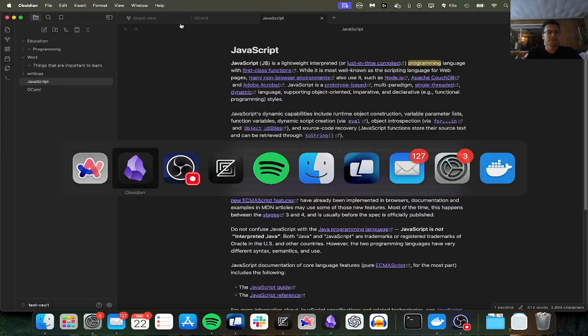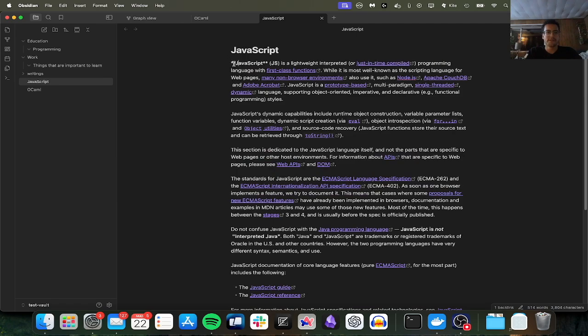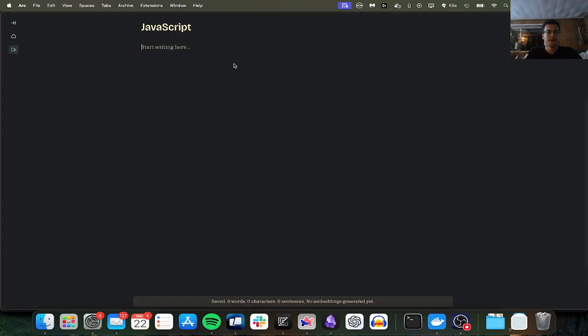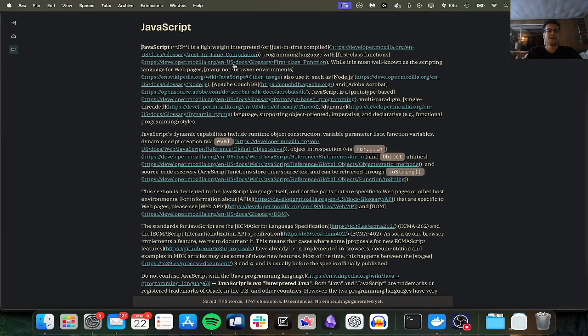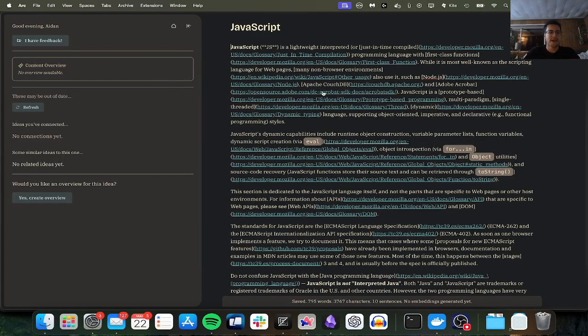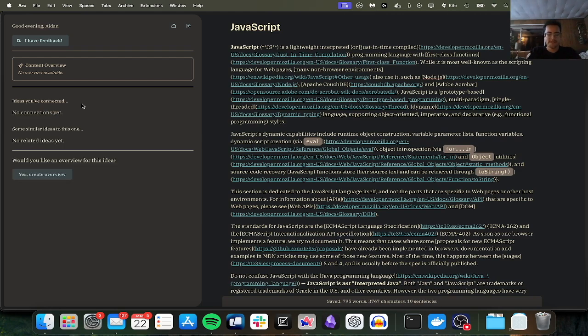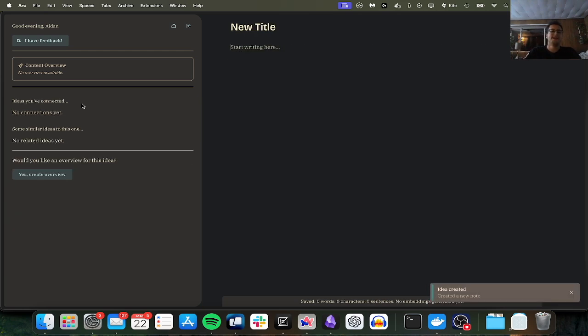Now, JavaScript will just come in here and we'll copy all of the content from in here and paste it in. As you can see, it formats it the same way. It's not as pretty, early stages. However, we're working towards that. And if I go over to the sidebar here, I can actually press this little button right here, which we'll come back to later. Now that that's connected,